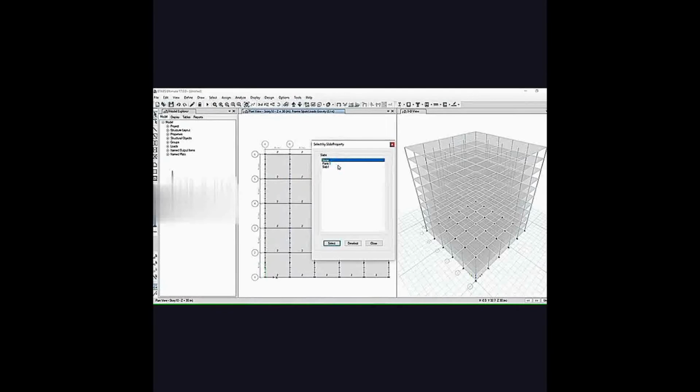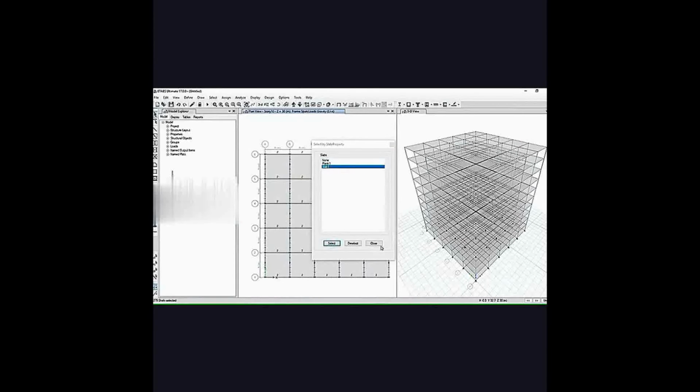Now we have to assign the shell load to the slabs. Click on shell load option, uniform.